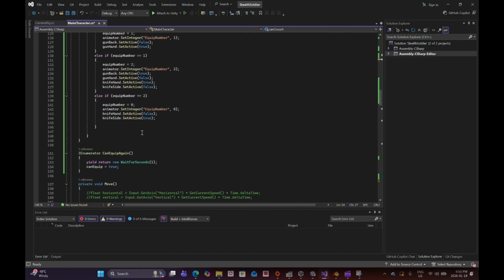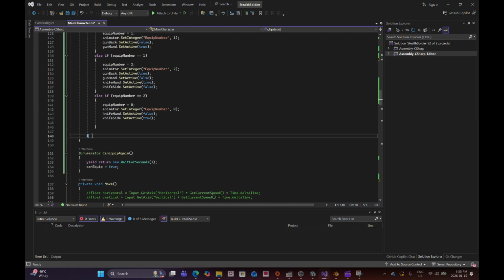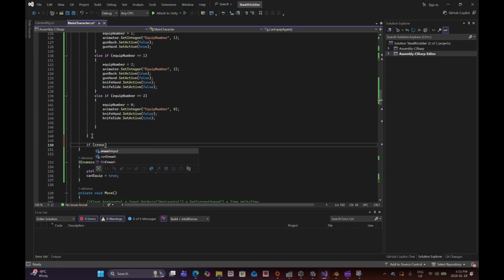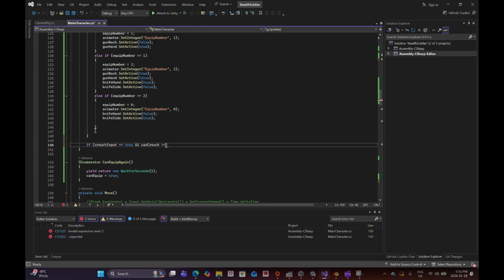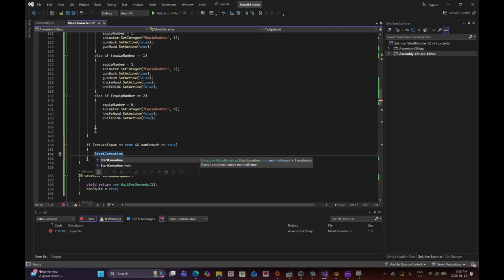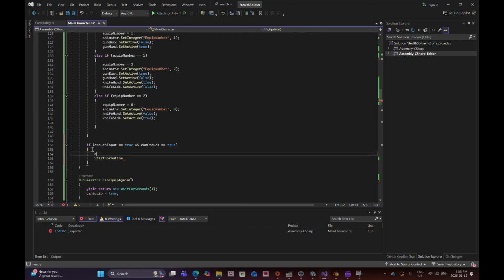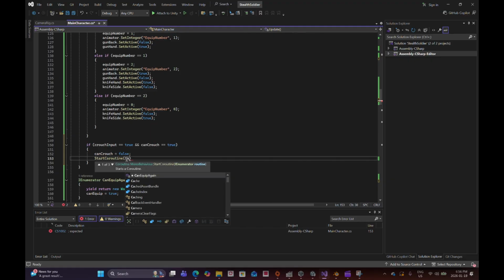So if crouch input equals true and can crouch equals true, then right away I'm going to immediately set can crouch equals false. Then start coroutine can crouch again,